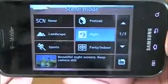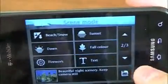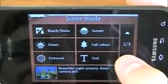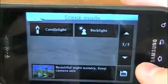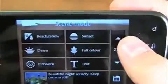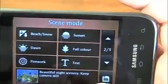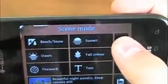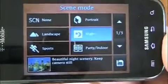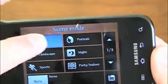And you'll notice a couple different options: landscape, sports, portrait, and party indoor. Bunch of different ones. Beach, sunset, dawn, fall, text, fireworks, candlelight, and backlight. So you have quite a few different options there, and it gives you a customized display as to what it's going to look like, and a little bit of a description, but a scene for everything. And that, given the fact that it doesn't have a flash, will help you in various settings. So we're going to go back to none. But you can see, picture quality is very good